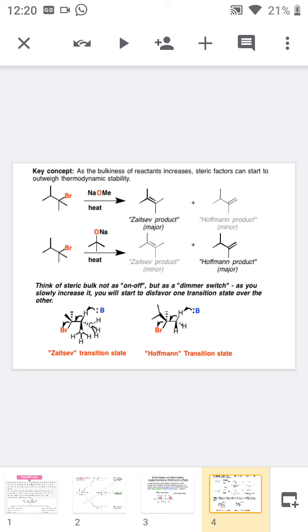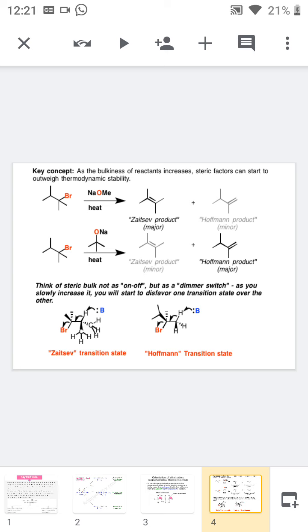See, the first one is the transition state generated according to Saytzeff's rule. So the base faces more hindrance, because in order to pick out the hydrogen from the more substituted position, it is very difficult to take the hydrogen from this position. Whereas in the Hofmann transition state, the base can easily pick out the hydrogen. And since the reaction is a concerted reaction, that is, both the elimination of the bromine and hydrogen occur simultaneously, we have to avoid the maximum steric hindrance.